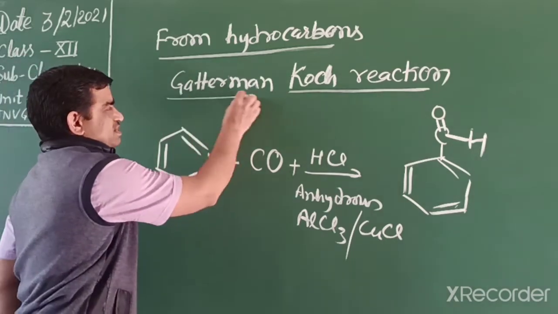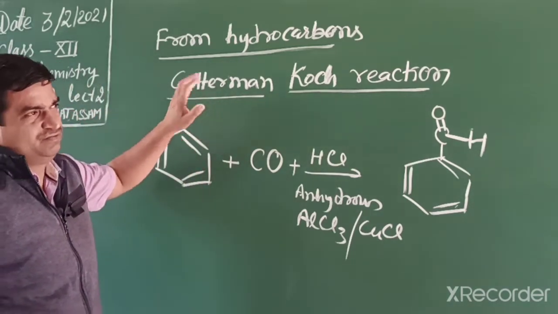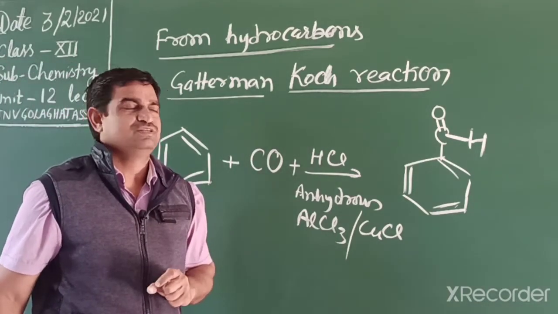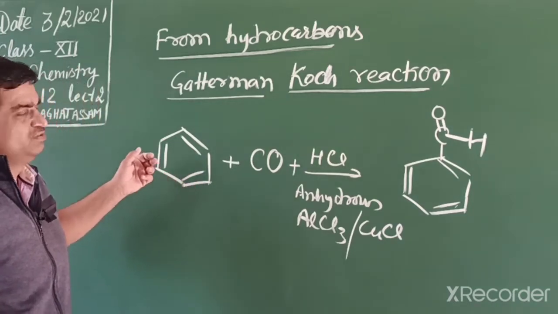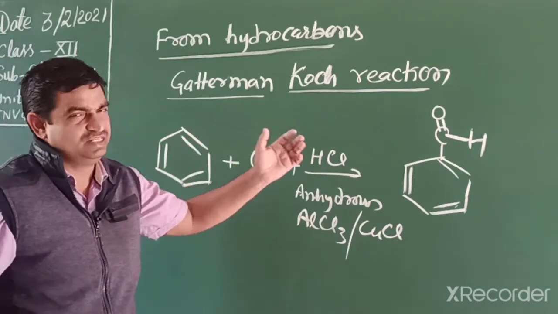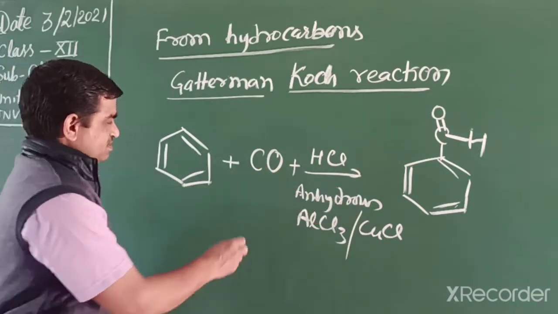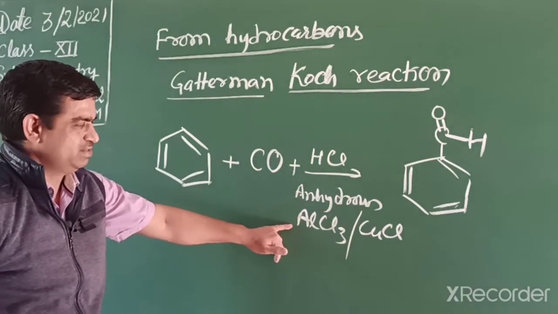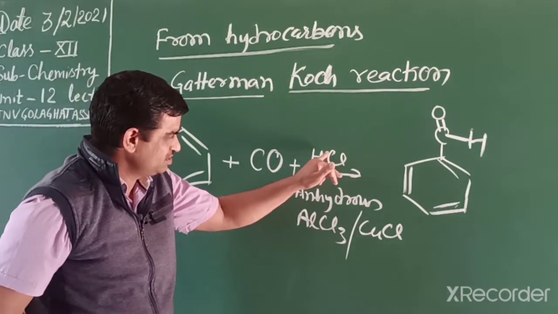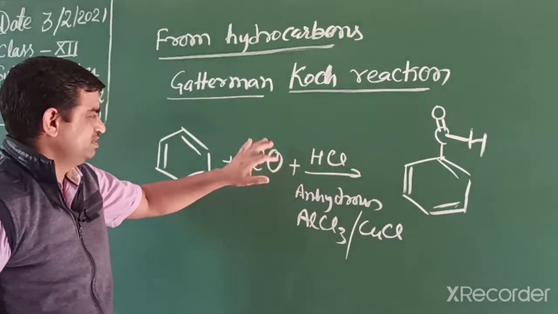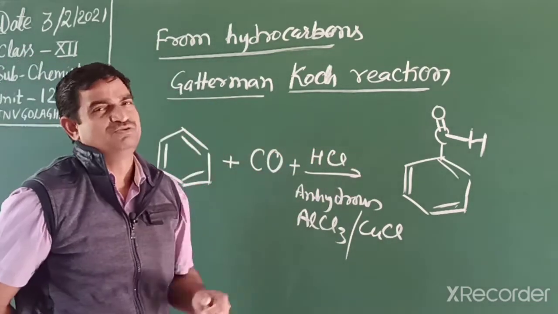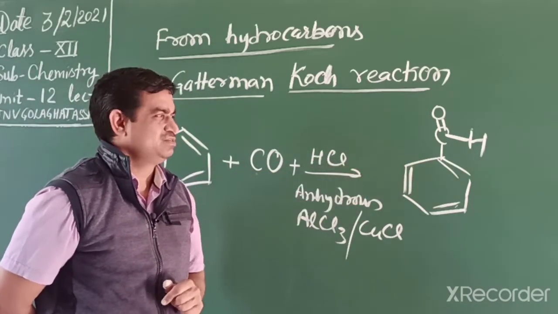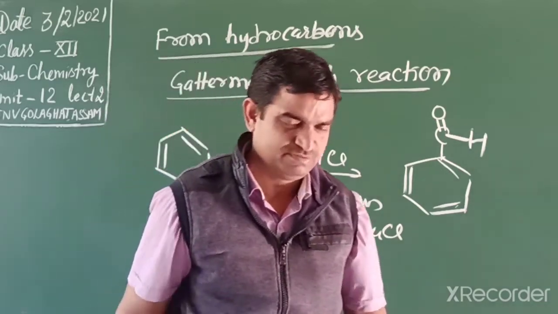Another name reaction is the Gattermann reaction. In that reaction we can convert diazonium salt into chloro and bromobenzene. But in this reaction, we can convert benzene into benzaldehyde by using a particular reagent, carbon monoxide and HCl, using anhydrous aluminum chloride. So they abstract this chloride and hydrogen, and an acyl group, RCOH group, is introduced into this ring. So that reaction is also important.